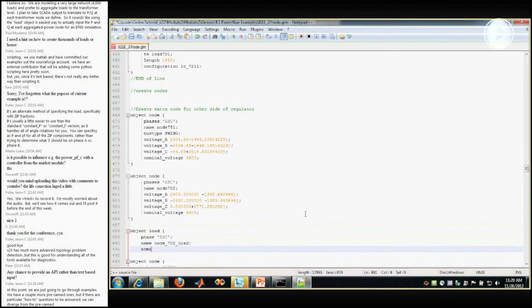Give it a name, give it a nominal voltage. The nominal voltage in this case has to match the parent, otherwise it would give us a warning message. So then we parent it to node 702, which is this one right up here. And that's basically, this load will be applied at the exact same point, the exact same bus on the system,